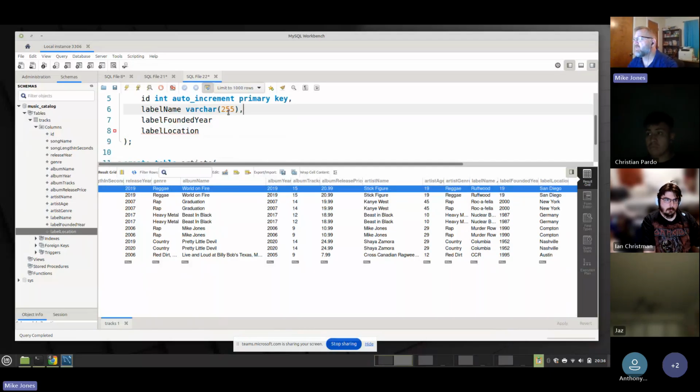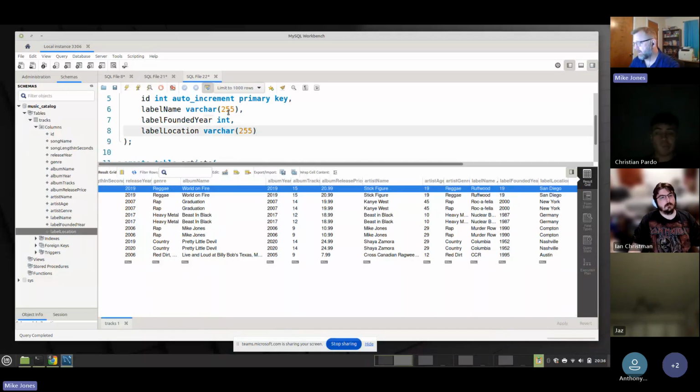Now, let's talk real quick. Well, we'll leave that there for now, okay? Label founded year, right? We want that to be an integer, okay? Sounds good. And then the label location. That's basically the city or whatever, the state, country, I don't care. We'll make that a varchar 255 as well. Okay. All right, now that would be enough to create this table,